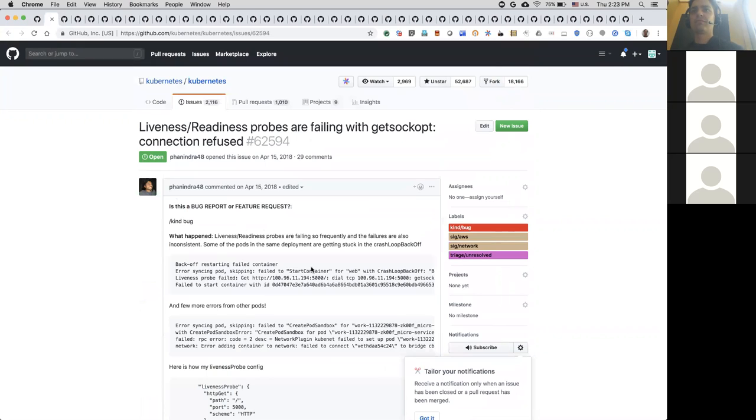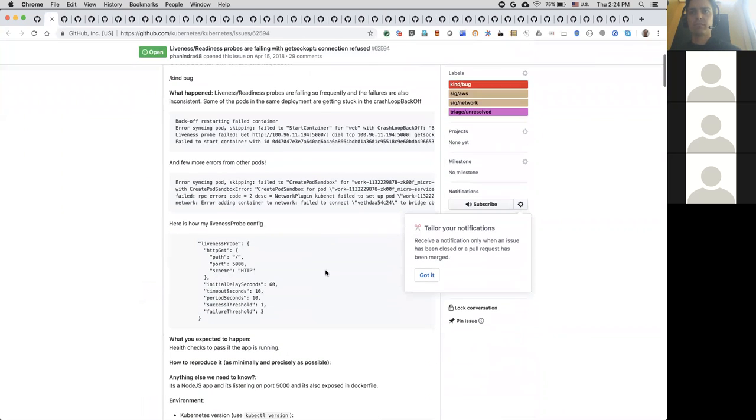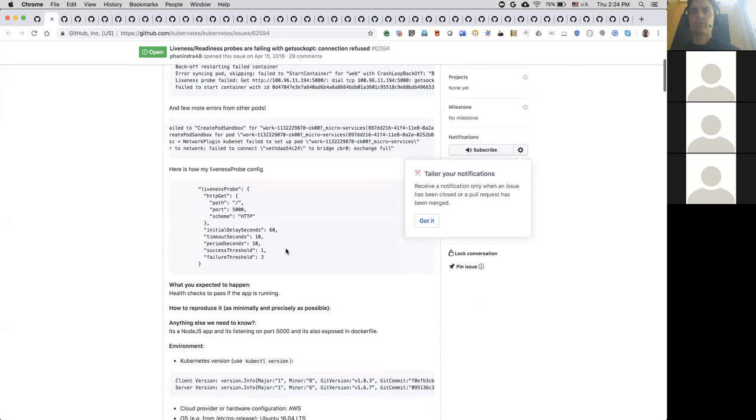This is a SIG node problem, right? Right. Liveness probe. Is this AWS? No, they couldn't get a... There's too many interfaces attached to the CNI. No. That's what that usually means.